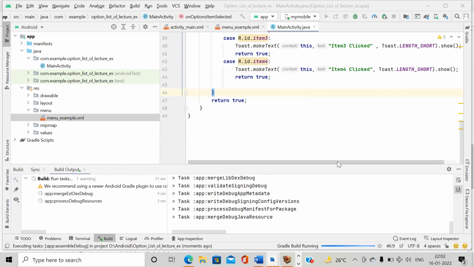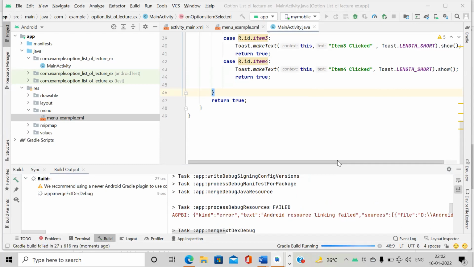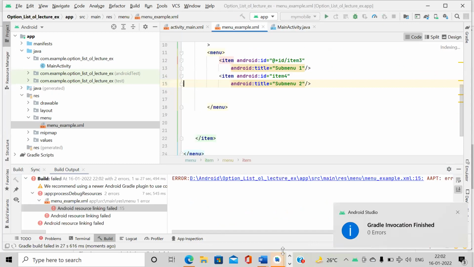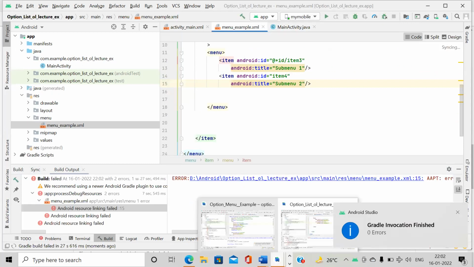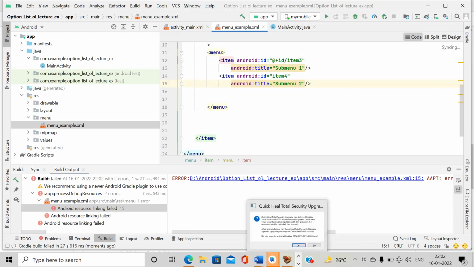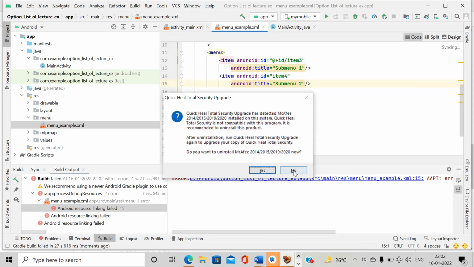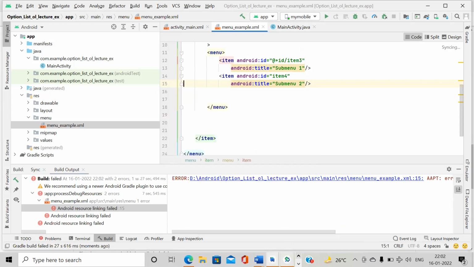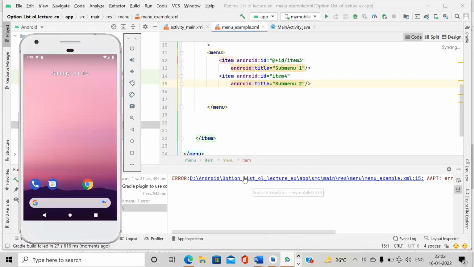Gradle build running. And here we get the output on the screen.